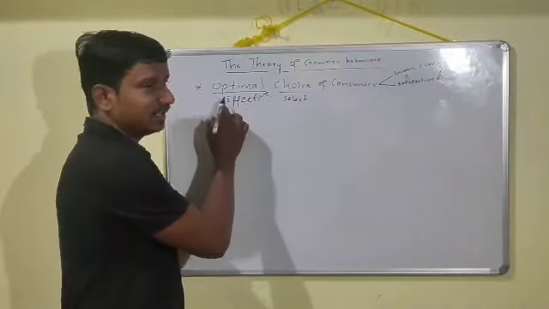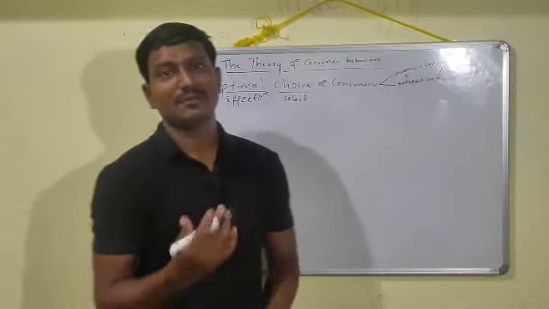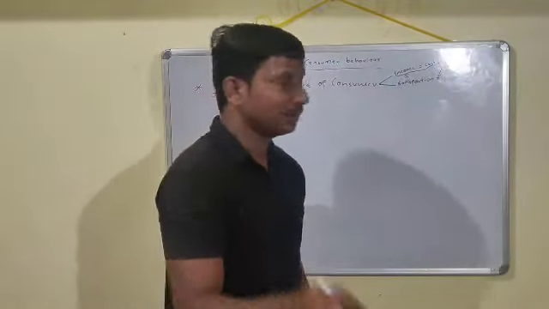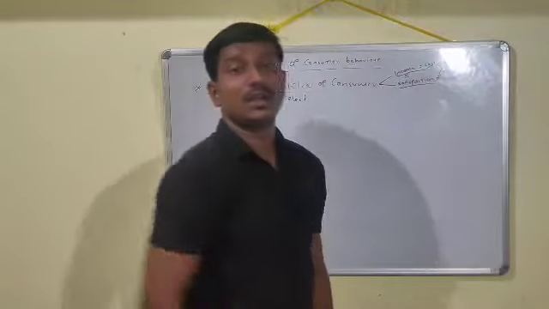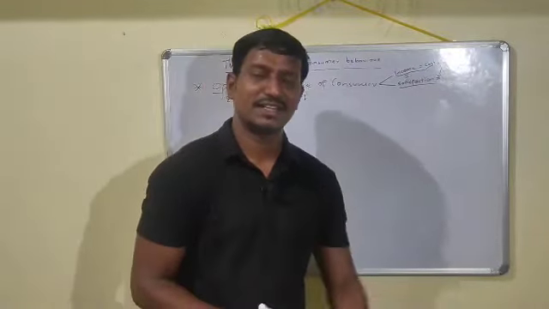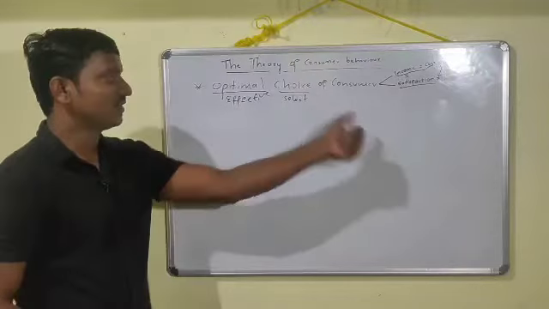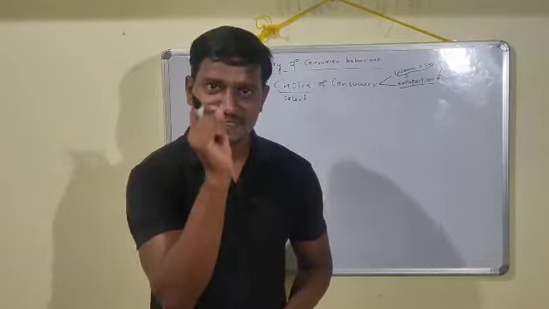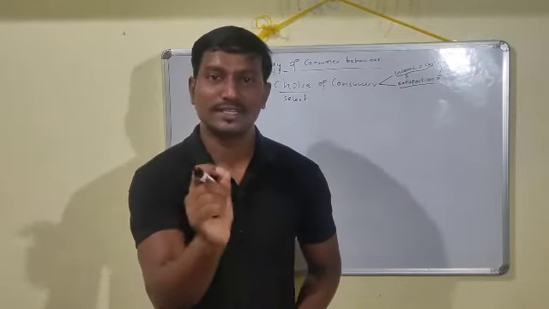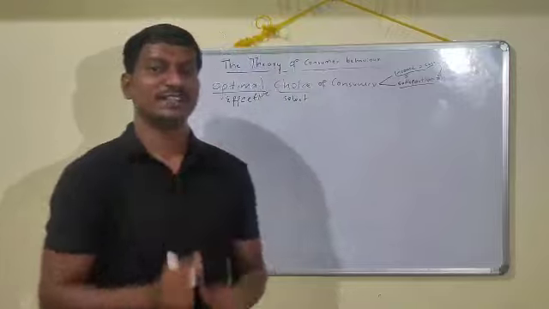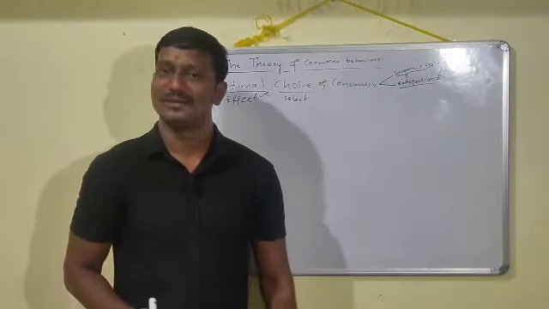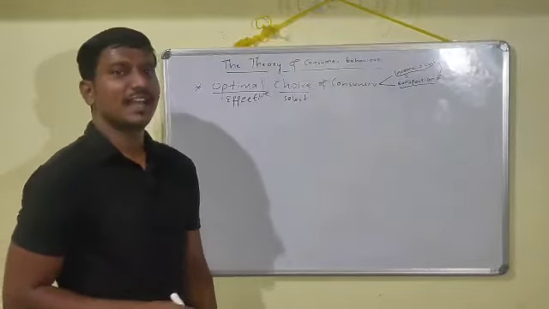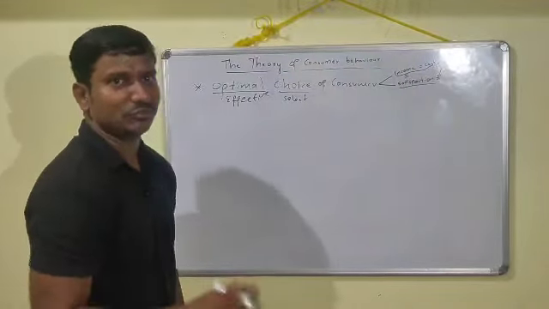To understand this optimal choice, we have to see how a consumer's income equals cost and, in return, how the consumer gets the maximum level of satisfaction. That is what we are going to understand in this optimal choice of the consumer. Economists have given some assumptions or conditions that we have to keep in mind to understand this. Let me go through the different assumptions one by one.